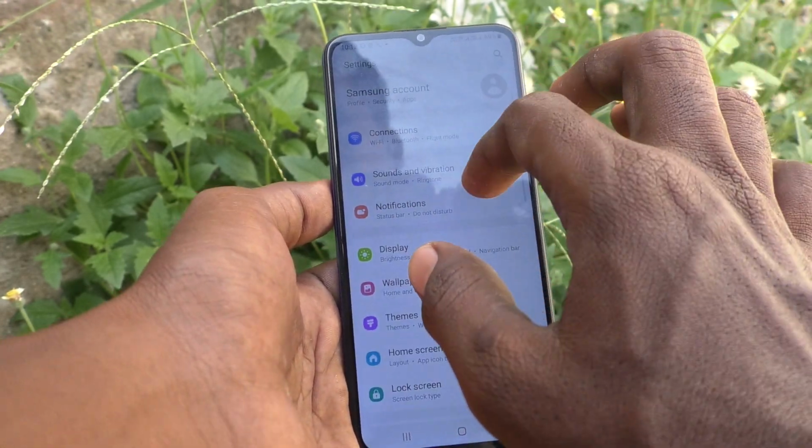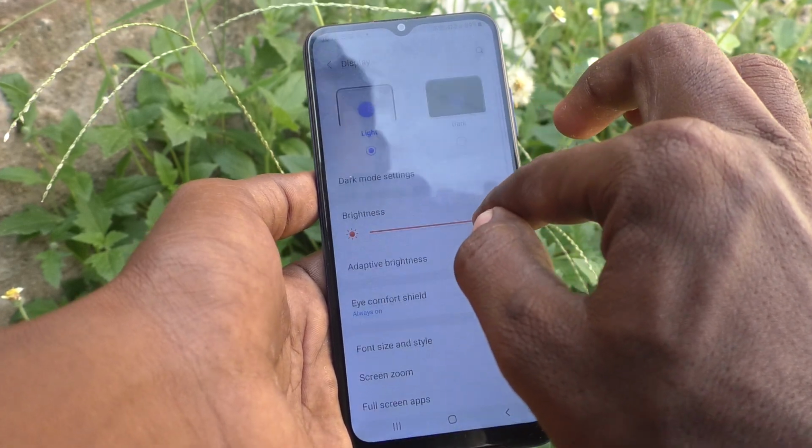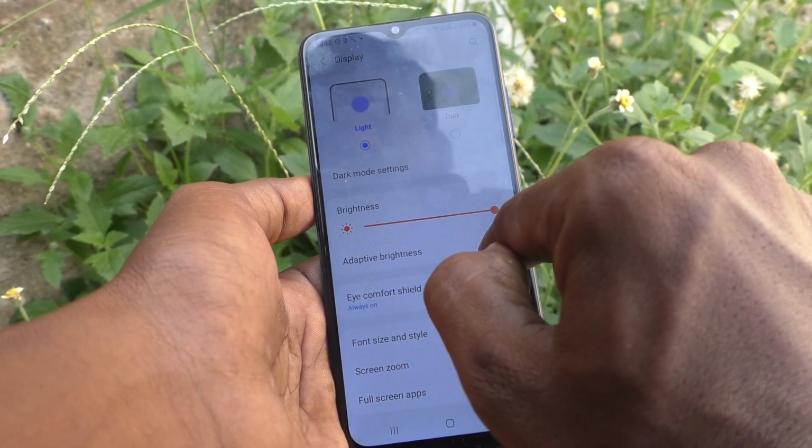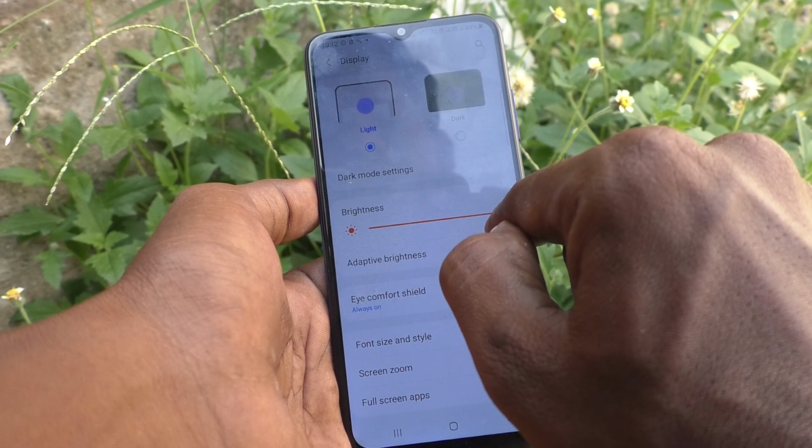First go to the settings of your phone and go to display, then see here adaptive brightness is turned on. Okay,